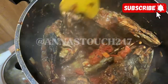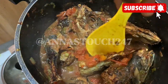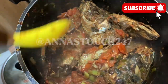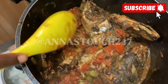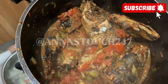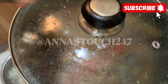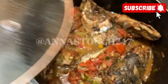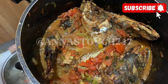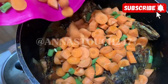So why not? It's that same tomatoes that I'll be frying up and down to make stew. Why not just use it to make this sauce? So if you're asking if it's cost effective, the answer is yes. For the kind of nutrition it's going to nourish your body with, the answer is yes. Nothing beats that. Okay, so once you've added in your protein, you just cover it and allow it to